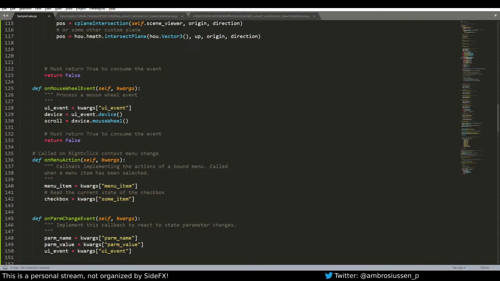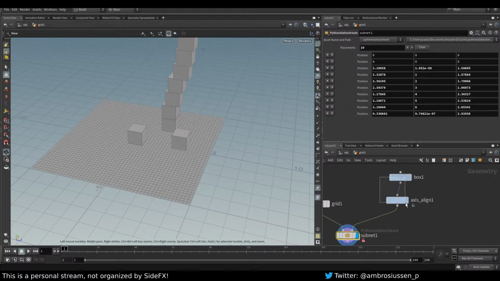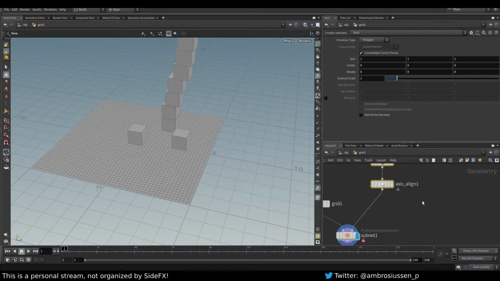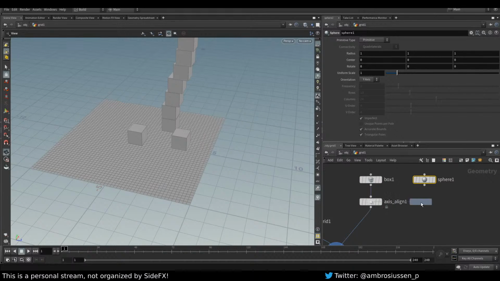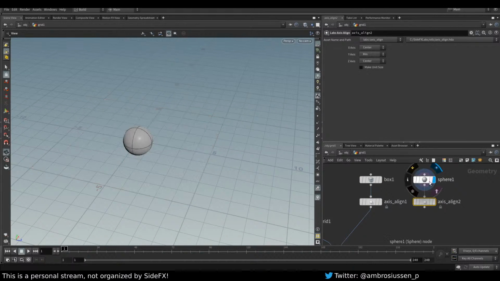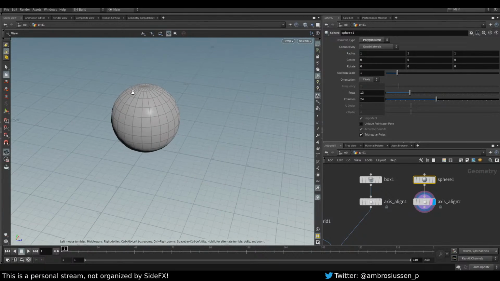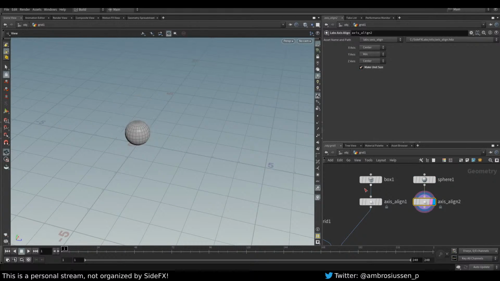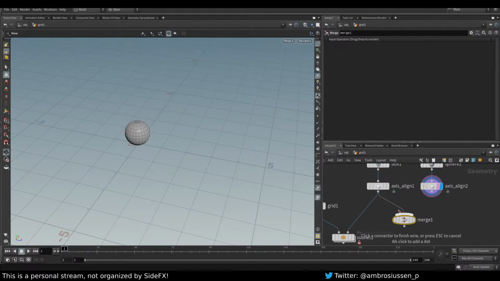What about mouse wheel event? Let's take a look at that. So let's create multiple types of objects to be painting with, rather than just a single box. So let's add a sphere, and we're going to be doing the same thing, and make this thing a polygon mesh as well. Place that guy at the origin as well. Let's make it unit size. Same with box. Box is already unit size, but it doesn't matter. Merge this guy in here,